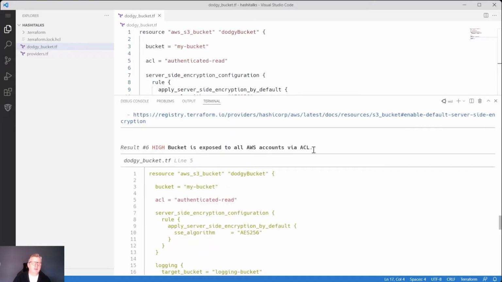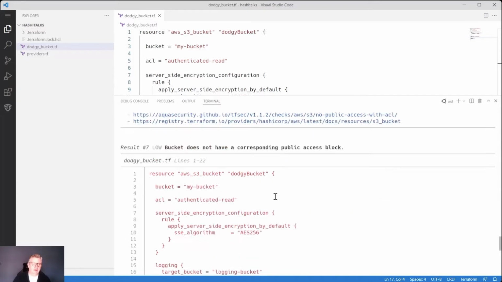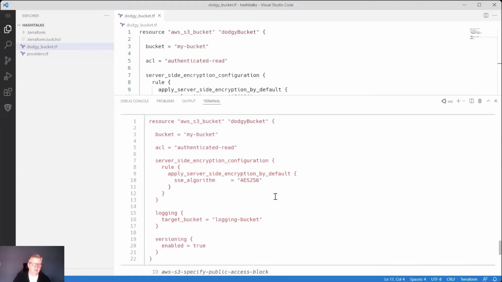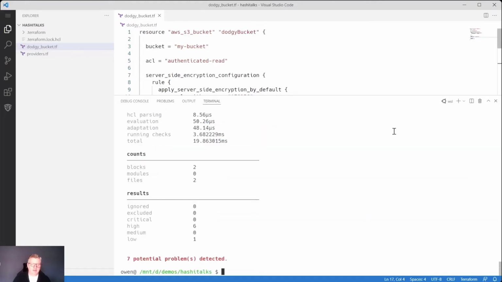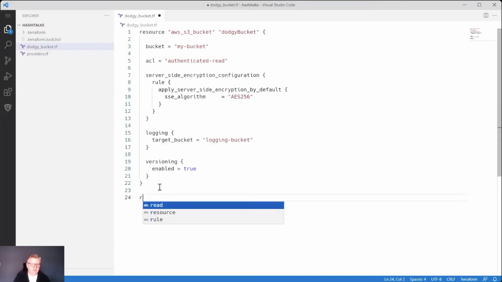Bucket is exposed to all AWS accounts via ACL. So this is what I was talking about in the slides. So we need to do something with that. And then again, it's another issue where we're not using a public access block. Okay, so what we can do is create ourselves a resource, AWS S3 bucket public